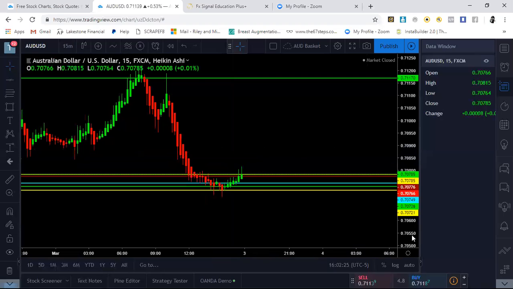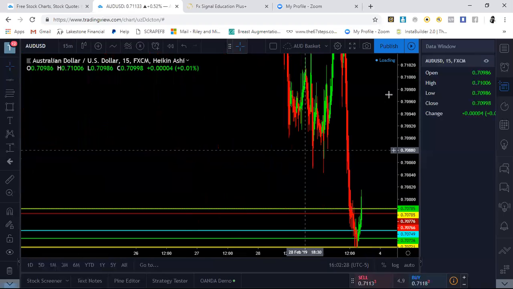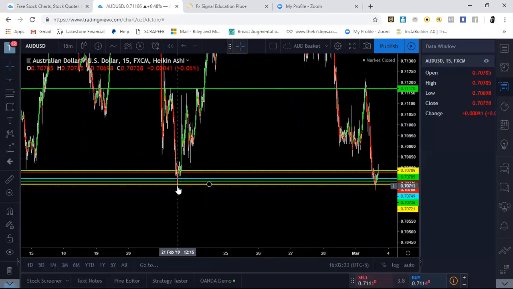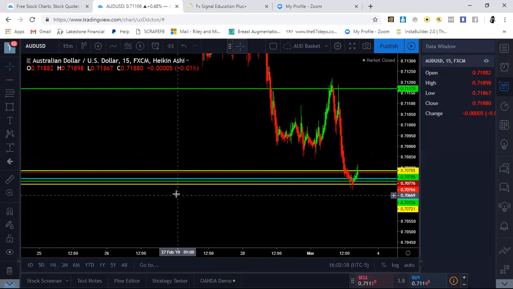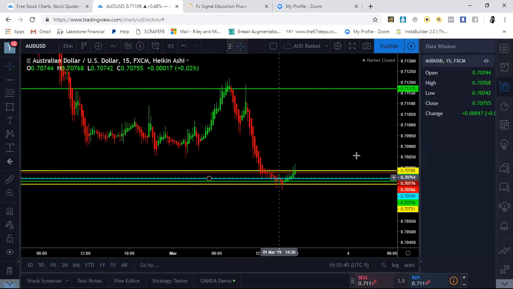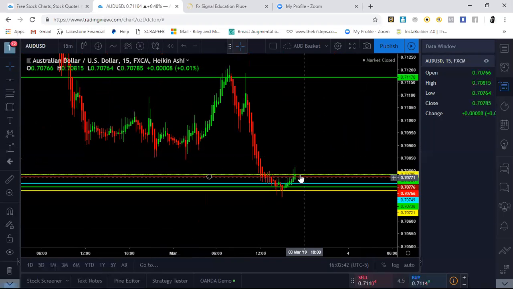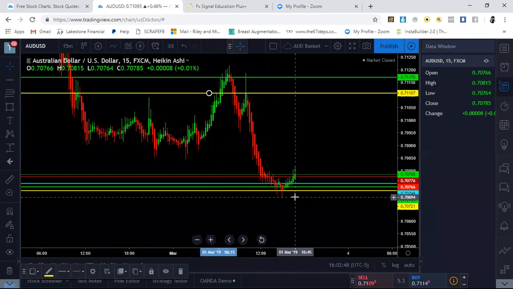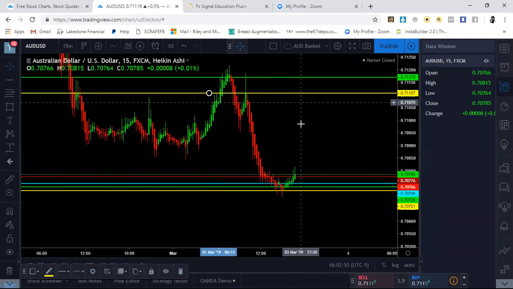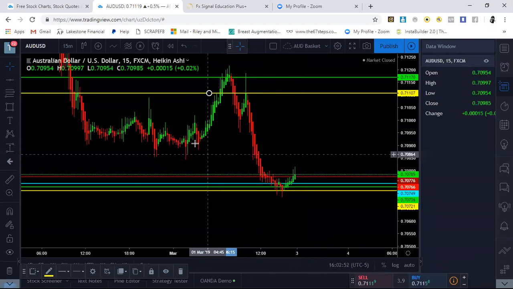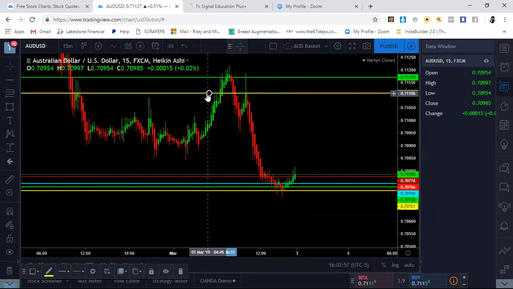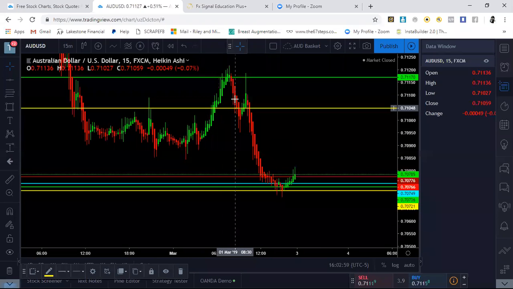The other problem is I want a pattern, okay? But if we zoom out, when's the last time this market was here? Clear back in February on a 15-minute chart? I mean, almost a month ago. Okay, I don't know. So in my argument, I would put this up here just because I have more of a range to trade. Okay, I have more movement in between these two areas. Right here, I'm very limited. So for the sake of this,